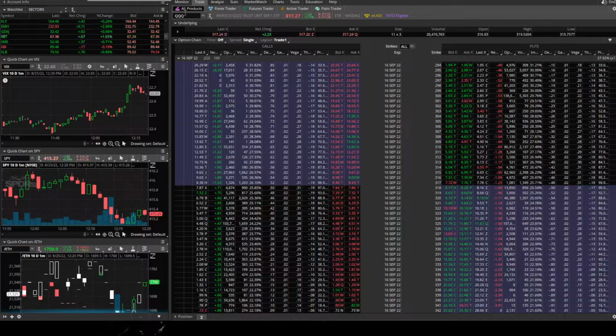If you notice on QQQ, another reason why I think it's going to go up first, especially if tomorrow's Powell speech is less than overly hawkish, is because we also have all these in-the-money puts right here. Look at that, 325 puts, 125, 330 puts, 100,000. There's a lot of in-the-money puts on QQQ.